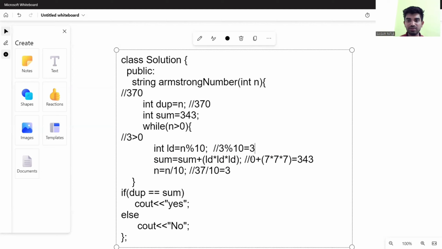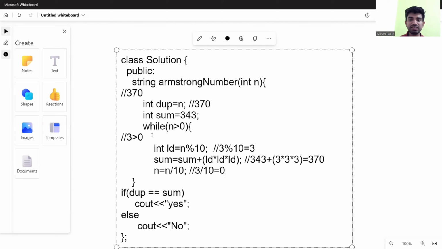The value of sum is 343, and we again calculate sum: sum equal to 343 plus 3 into 3 into 3. Then we again trim down the number. So 3 divided by 10 is equal to 0.